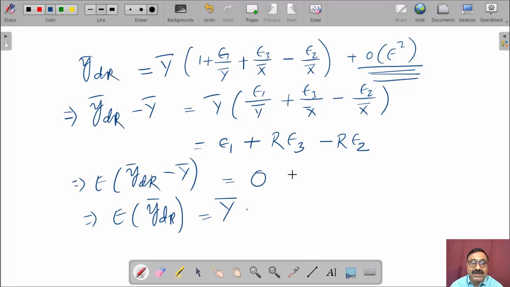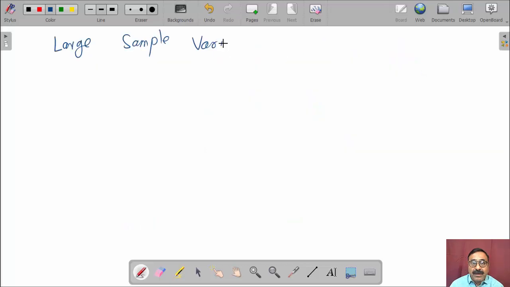So this is the double sampling ratio estimator y dr bar. It gives an unbiased estimate of the population mean Y bar up to first order of approximation only. So we have to find the large sample variance of the double sampling ratio estimator. So we consider